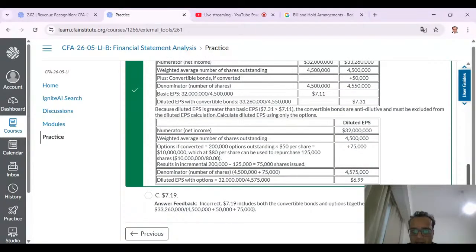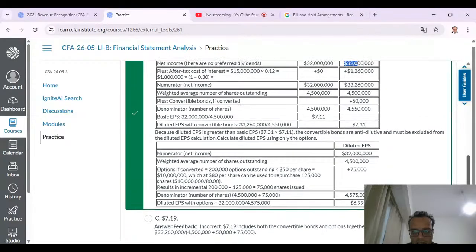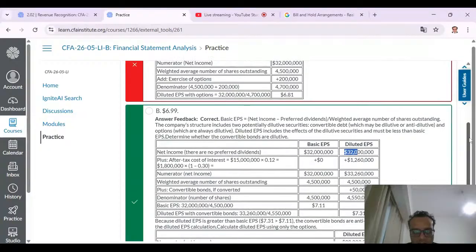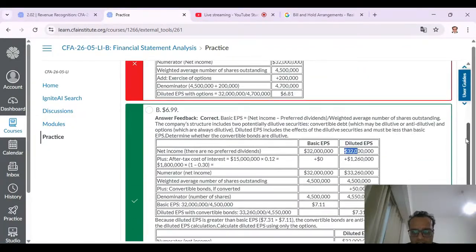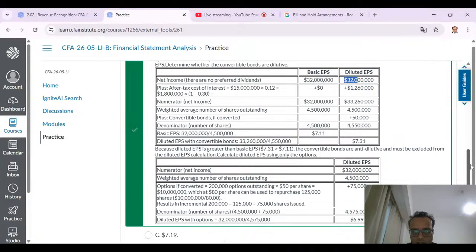Numerator net income, because it is greater than the convertible bonds, are anti-dilutive and must be excluded from the diluted EPS calculated. Only options. Sorry, it's not clear. The answer to this they are saying is 6.99. And how is this 6.99 calculated? Numerator,